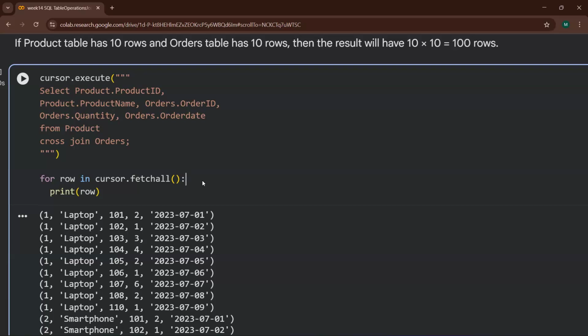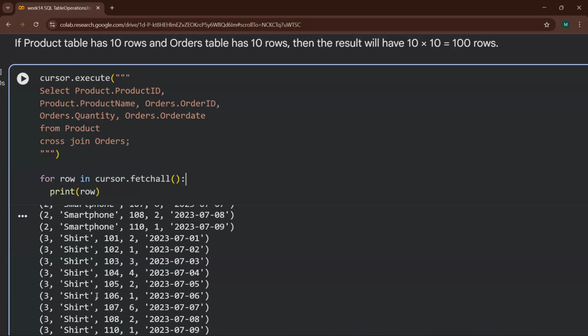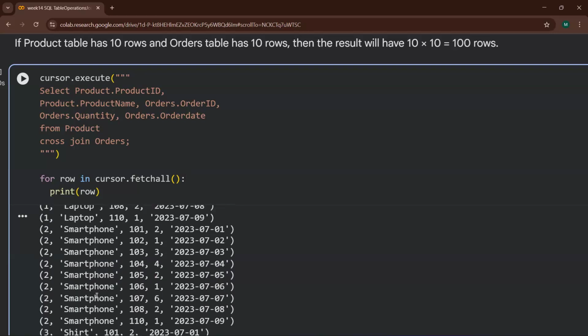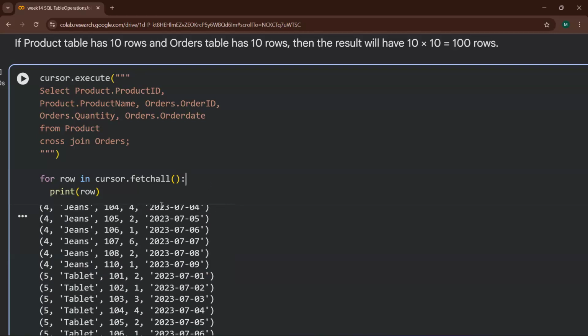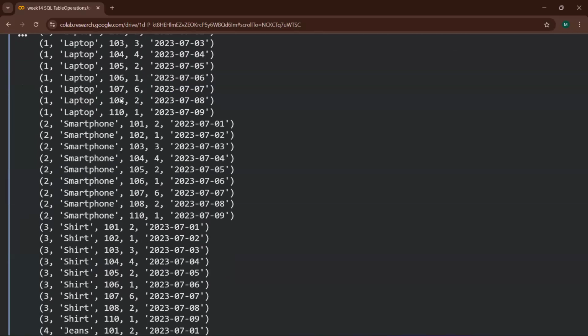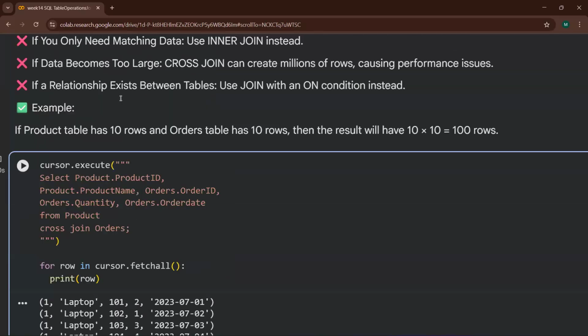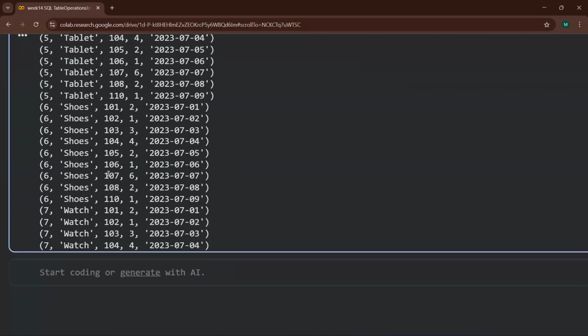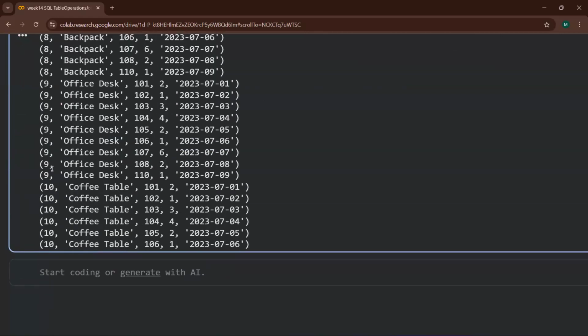Ma'am, then why is it not showing 109? There is one thing missing, right? No, see, 109 is not there. It is showing 110. 9 is there, 10 is there.